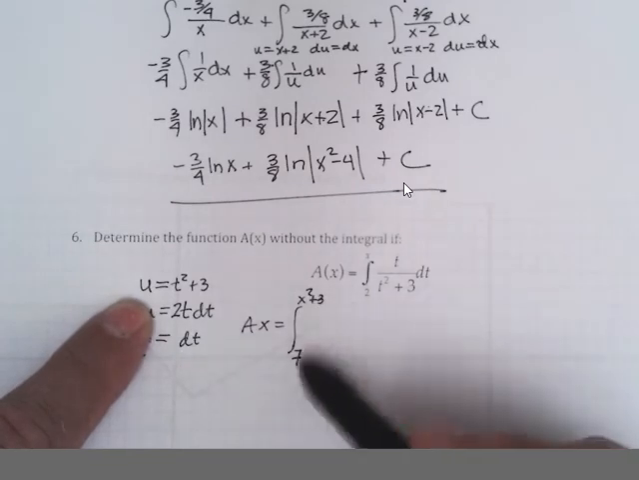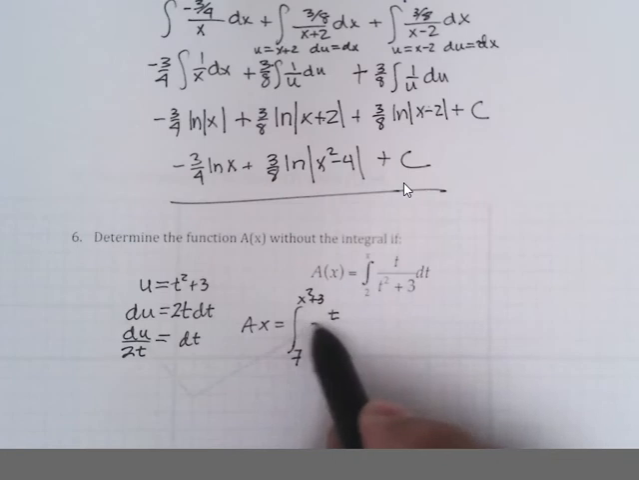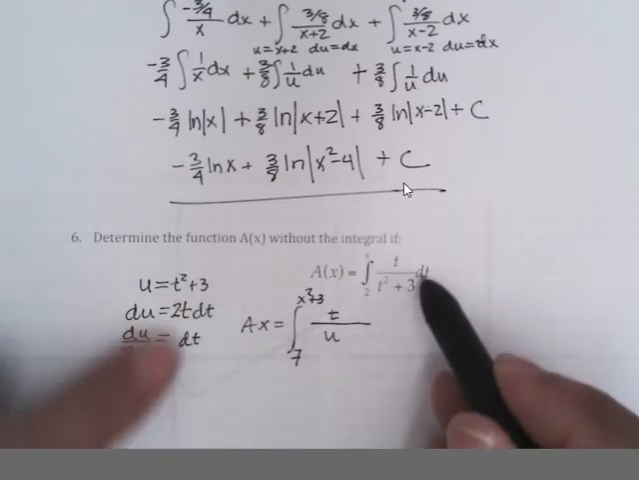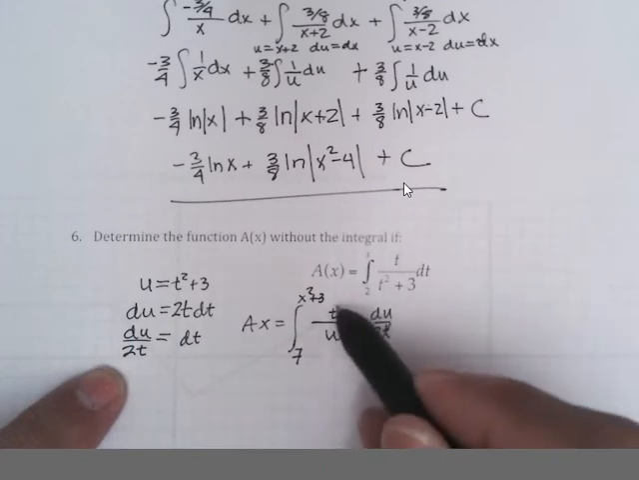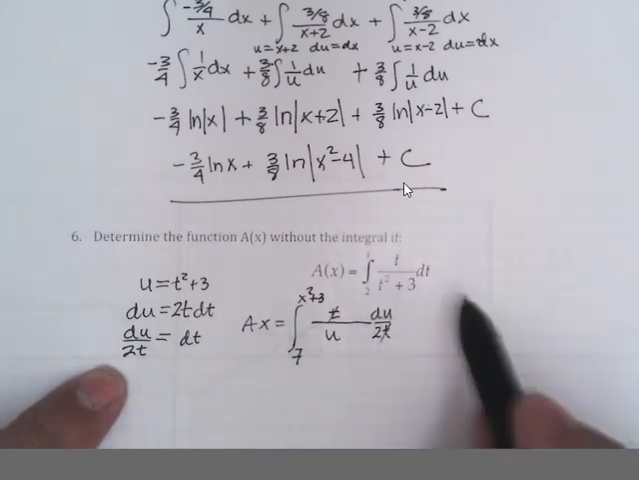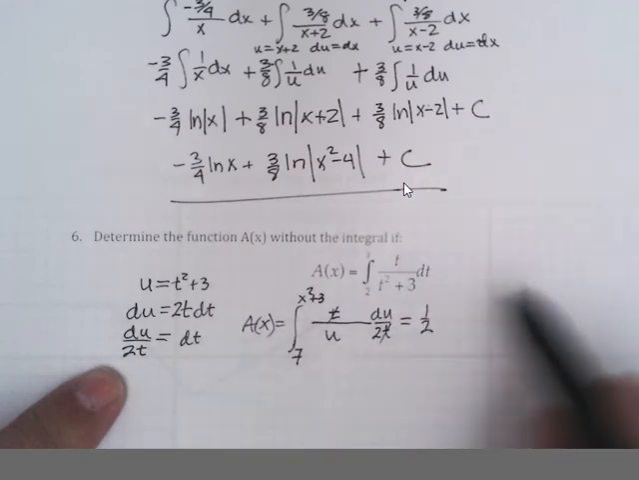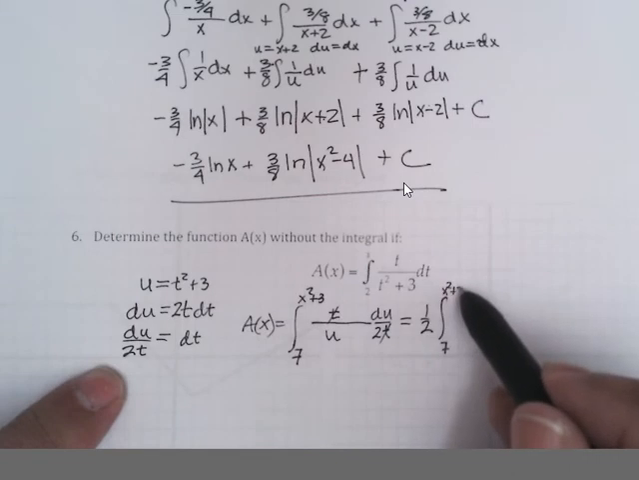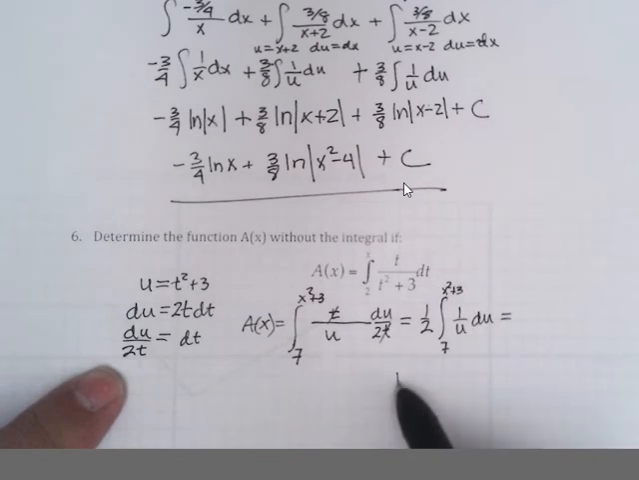So that would be my limits in terms of u. And the integral would be t, which I'm hoping cancels. This I called u. And my dt is replaced by du over 2t. The t's cancel. The 2 pulls out as a 1/2, and so A of x becomes 1/2 the antiderivative from 7 to x squared plus 3 of 1 over u du, which is 1/2